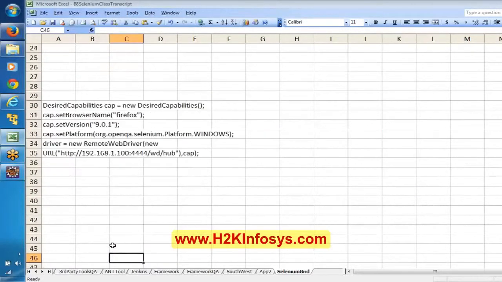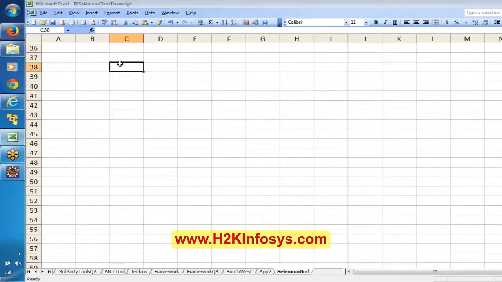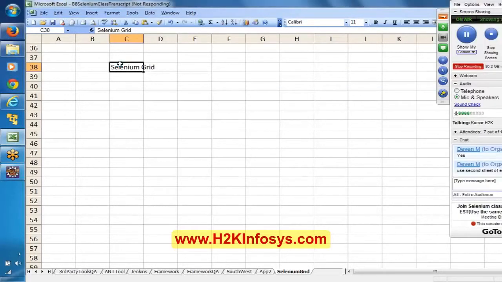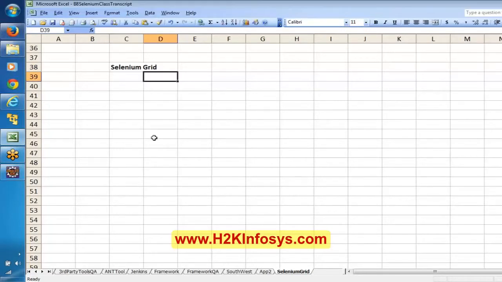Before I start with this, let me give an introduction frame. If you remember, during the demo and during the first session, we were discussing the components of Selenium. At that time, we discussed three components: Selenium IDE, Selenium RC or Selenium WebDriver, and then Selenium Grid.